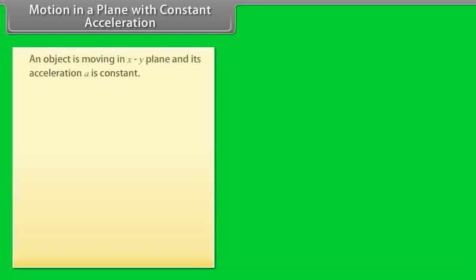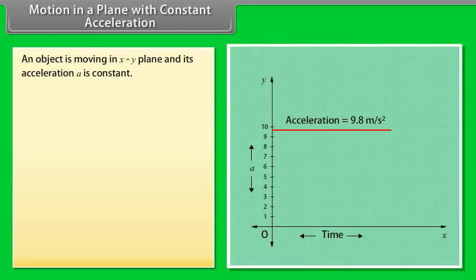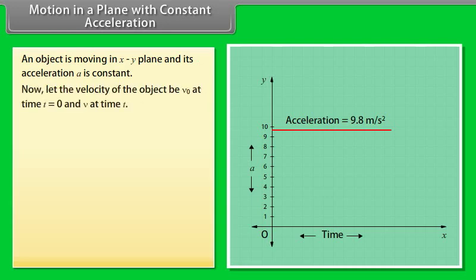Motion in a plane with constant acceleration. Let us take an example to understand. An object is moving in xy plane and its acceleration a is constant. Now, let the velocity of the object be v naught at time t is equal to 0 and v at time t. v is equal to v naught plus at. This is the equation in component form. We conclude that